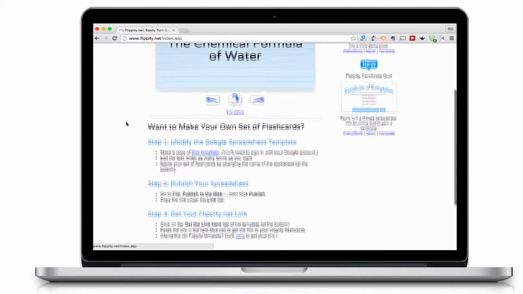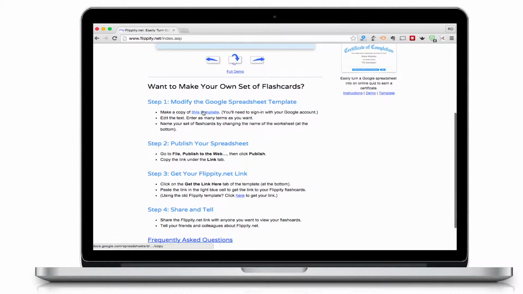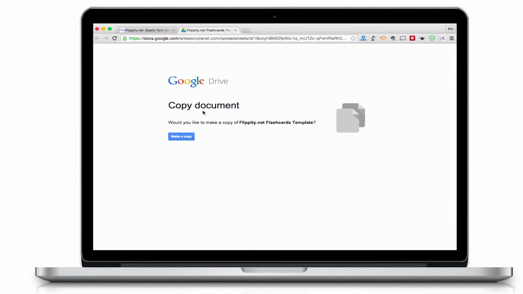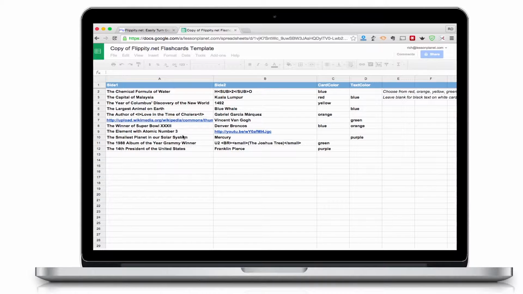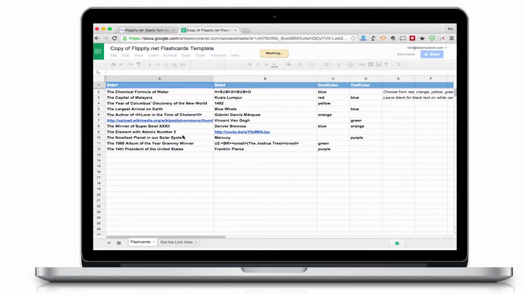So the first thing you're going to do is, when you click on the template link, you're going to make a copy of that by simply clicking Make a Copy. So it's going into your Google Drive. It's saving it. Okay. Now you see all this information that's been dumped in here. These are just sample questions and answers, and then colors for cards, and then any text color that you want. So you can modify, in this particular case, this sample set, and you can begin using this right away